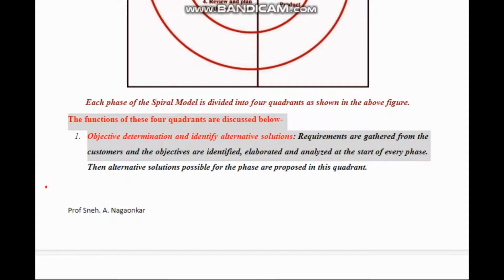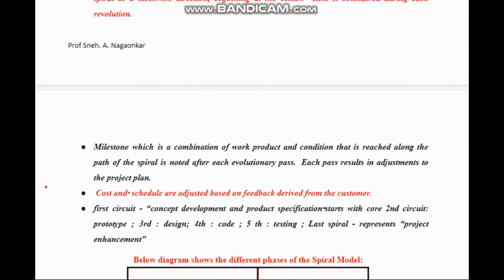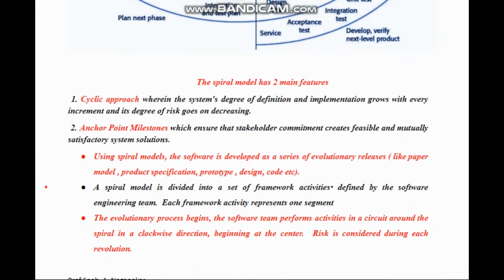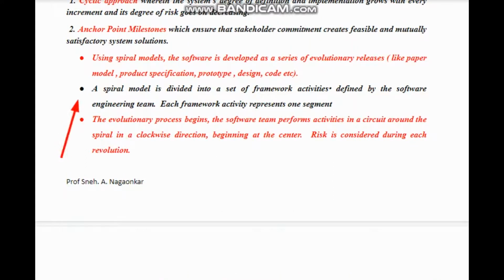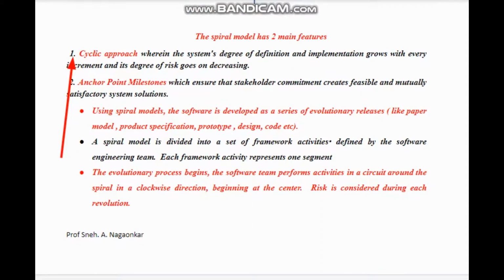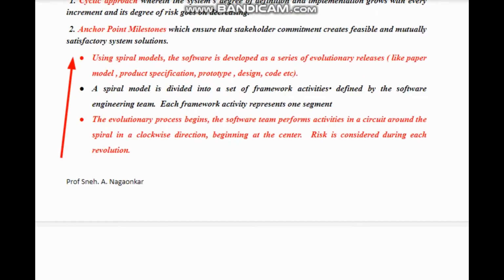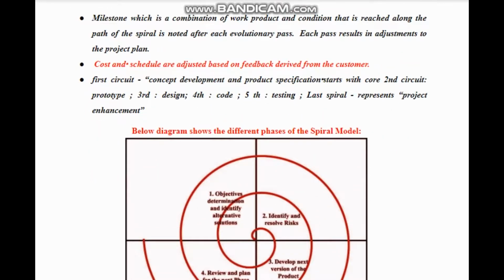Where was I exactly? Here you can see that after completion of this model, this is nothing but the anchor points and milestones. This is all the explanation of the above diagram. Overall it tells us that at each phase some milestones are created, some benchmarks are generated, and each process is carried out in the clockwise direction. Each phase is carried out in the clockwise direction as you have seen in the above diagram.